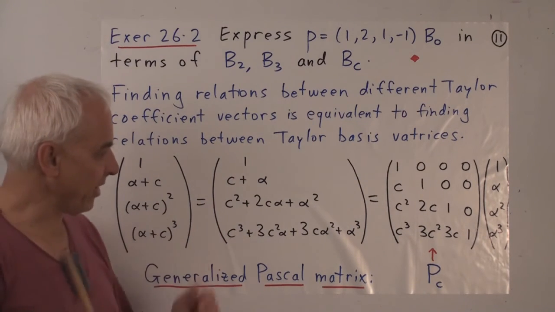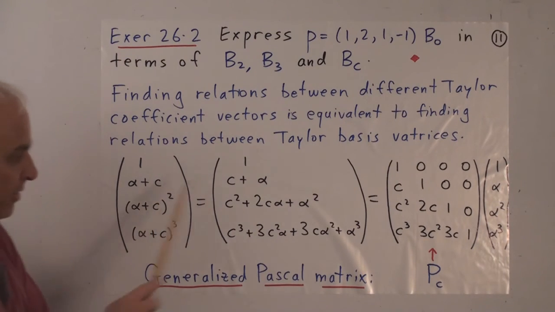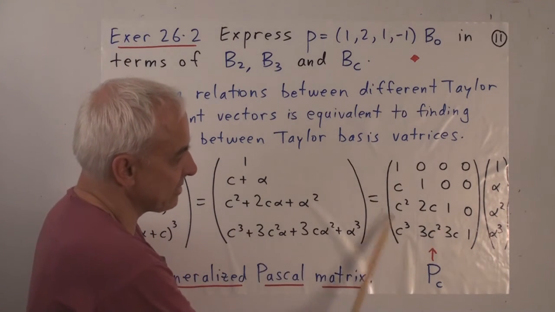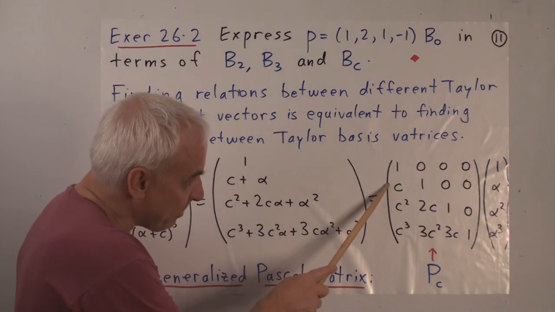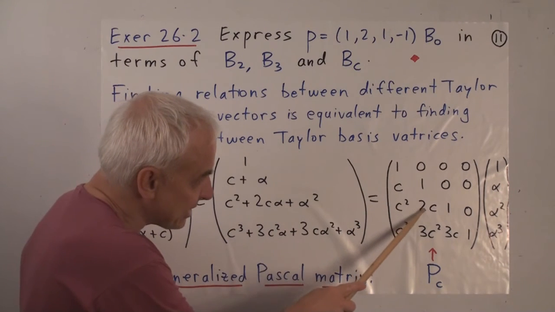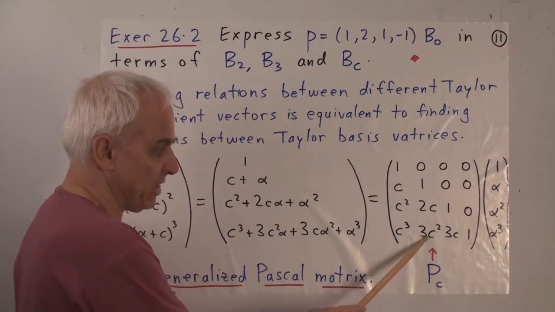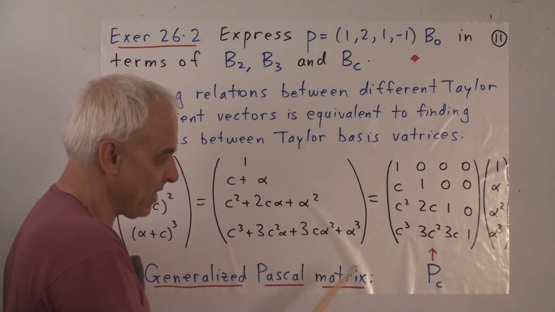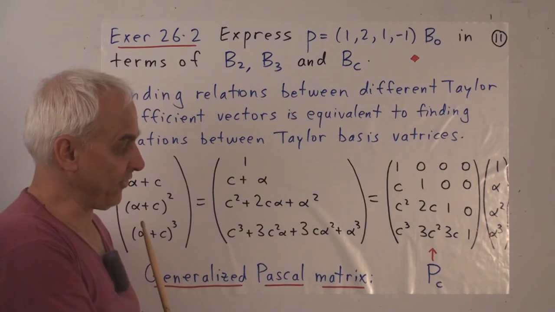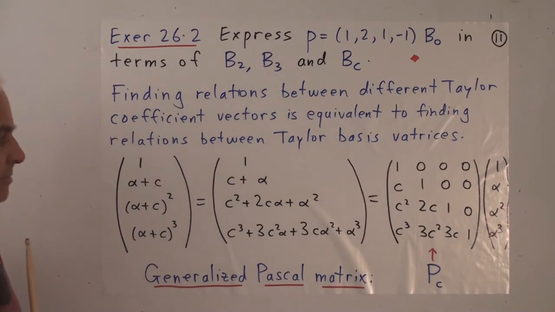Now let me make some variants. Suppose that we wanted to replace C with minus C. So this would be alpha minus C squared, alpha minus C cubed. Then what would change here is that this matrix would be P of minus C. The C would be replaced with minus sign. So there would be a minus appearing on this sort of subdiagonal here. This subdiagonal wouldn't change because the C squared doesn't change if you replace C with minus C. But this one here would also get replaced with minus. Right? So minuses would appear there and minuses would appear there.